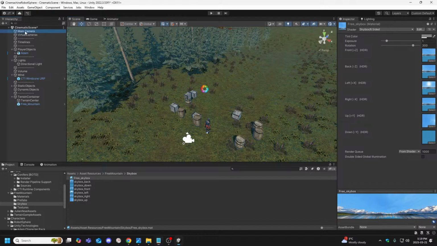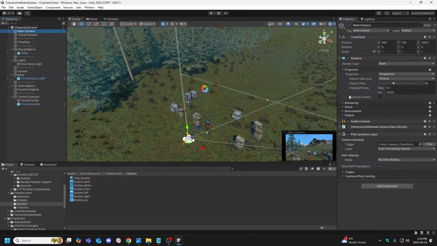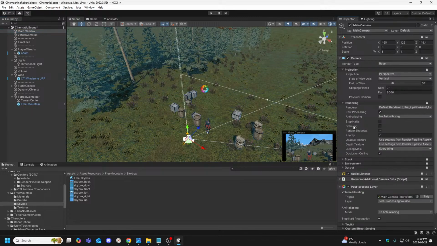Okay, so camera. There's something else I forgot. We haven't set up our camera 100% yet. Okay, so... Did you know you can use AI